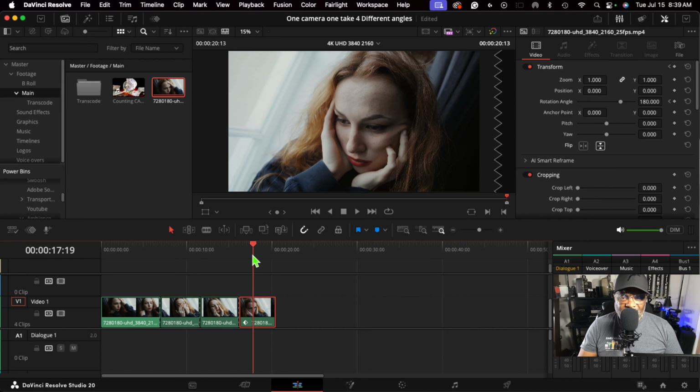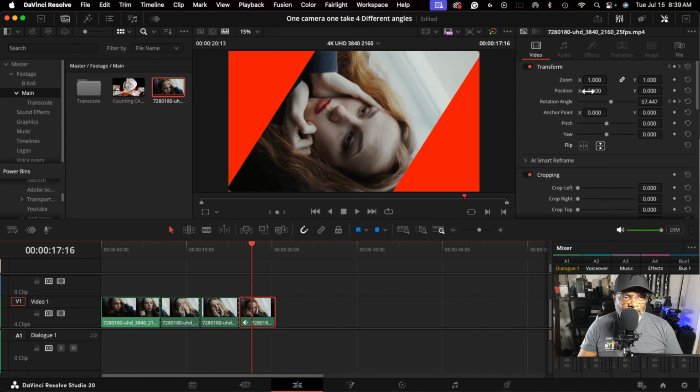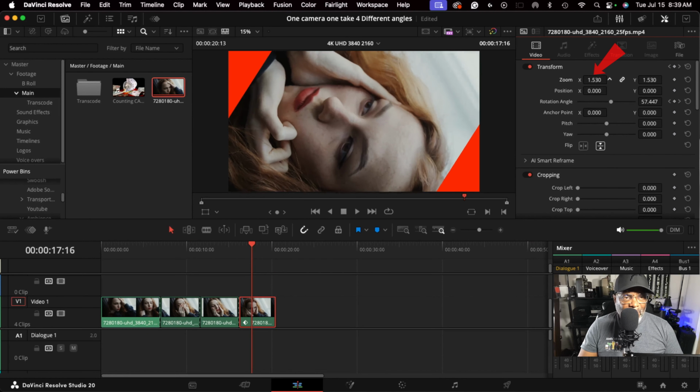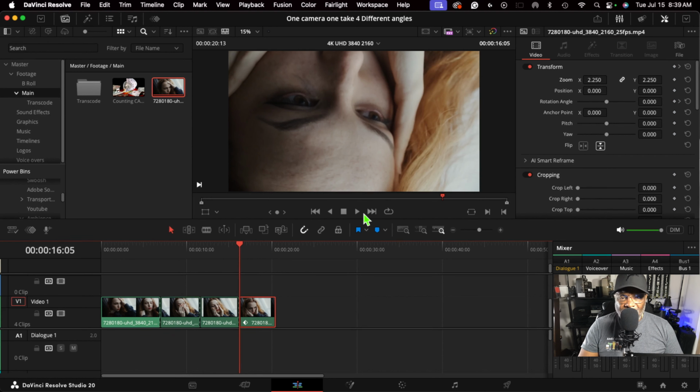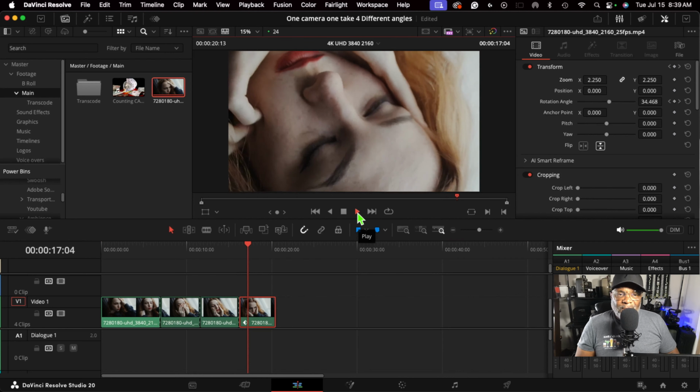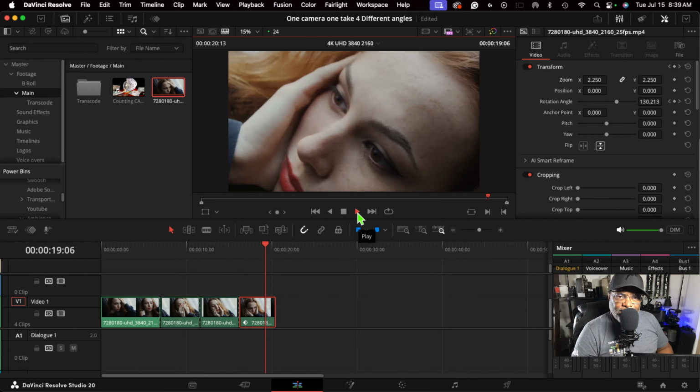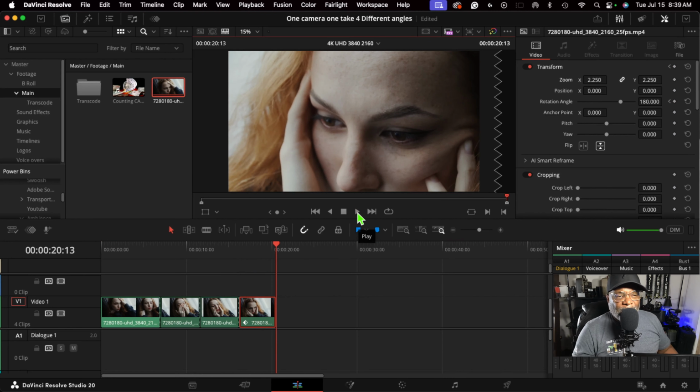We did notice that we have some dead space here, so in order to fix that, let's go up to zoom, and we're going to zoom in. Let's go about, I think about 22.50 should be enough. Let's just double check by coming back out and starting from the beginning. And wow, doing something like that, flipping a scene or rotating a scene like that, it kind of gives your